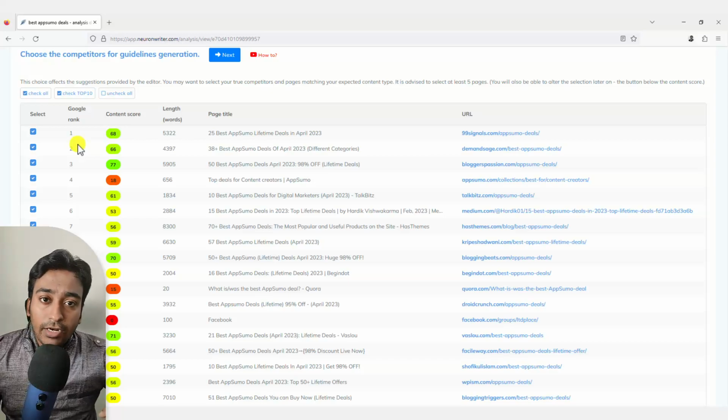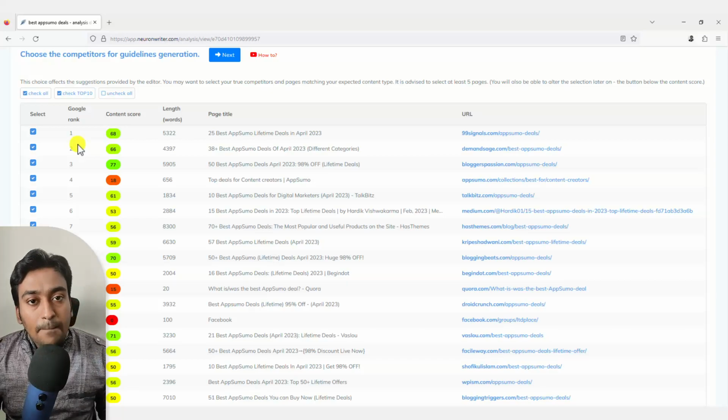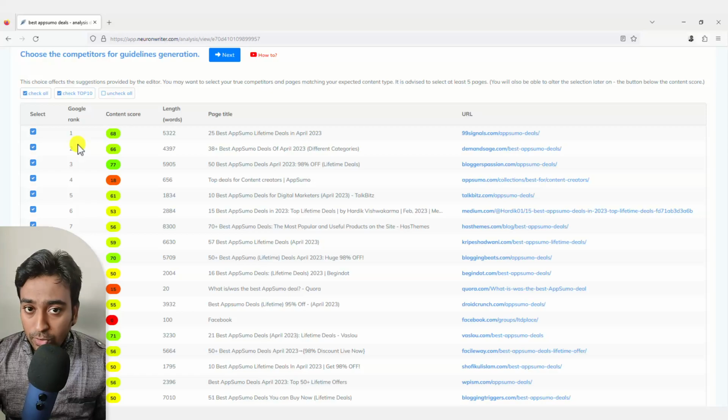Or they might have created a really good content piece, but due to a site penalty or because they are recovering from a Google update, they might not be ranking really well. Or you have just found out a new guy has written a content piece which was published a day ago, but still it's not showing in the top 10. Those are a lot of reasons a good content piece may not be ranking within the top 10 places. And actually, even some ranking pages within the top 10 might not be relevant.